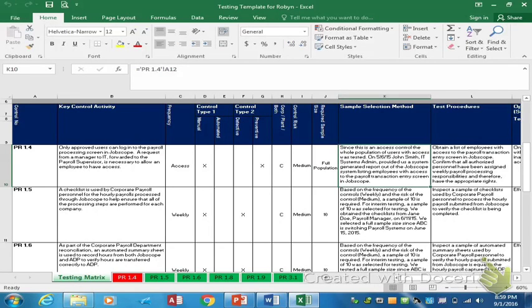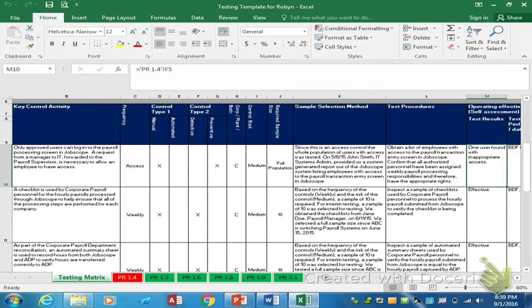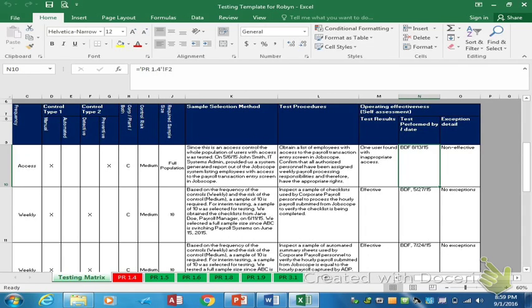And then they tell you how they picked their sample, what was the test procedure, what was the result, when was it performed, and was there a problem. So these 3 columns right here are the important ones. What did you do? How did you pick your sample? What did you do? And what did you find? So remember the examples I gave, like with the backup. What was my sample selection? I picked 7 days in a row for my weekly sample. What was my procedure? I went in, I looked at the backup log,